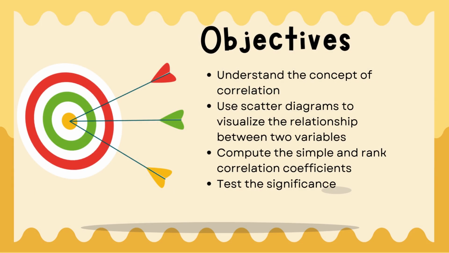So let us see the objectives of this correlation and regression analysis. The basic idea is to understand the concept of correlation, use a scatter diagram to visualize the relationship between two variables, compute the simple and rank correlation coefficient, and last one is to test the significance. In this study, we are going to learn the Karl Pearson coefficient and Spearman's rank correlation coefficient, which is in